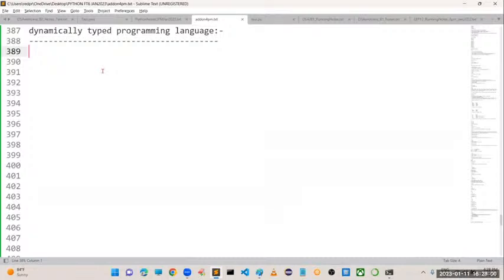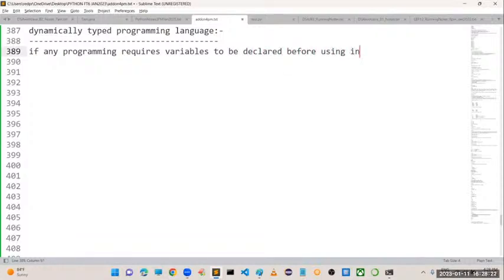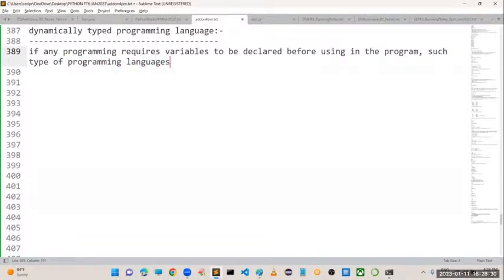Meaning, in any programming language, if it requires variables to be declared before using them in the program, then such programming languages are said to be statically typed programming languages.